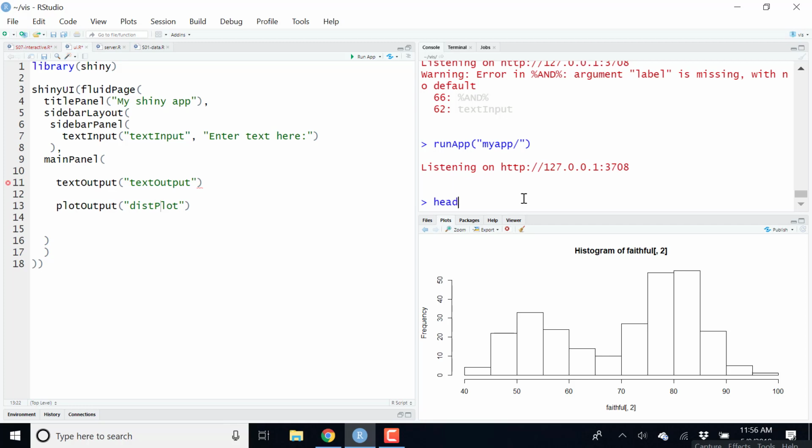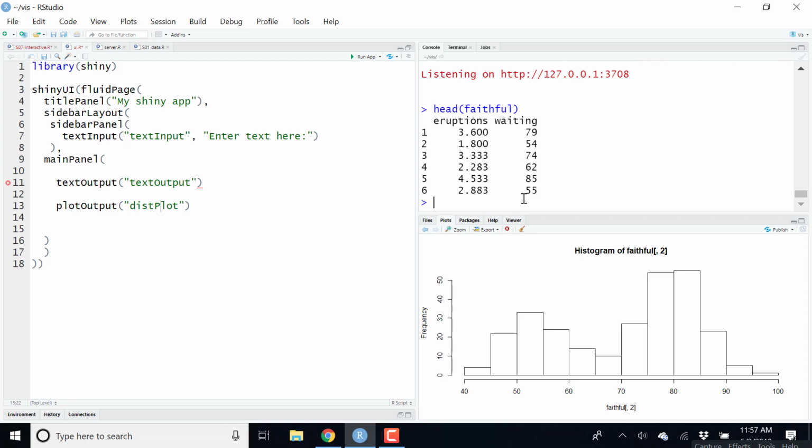Because we will want to look at the distribution of the weighted times. So this plot we're going to call this plot, and it's going to be rendered with plot output inside the main panel of our user interface. What we do to the user interface here is to add a specific output, and now we need to create this output,